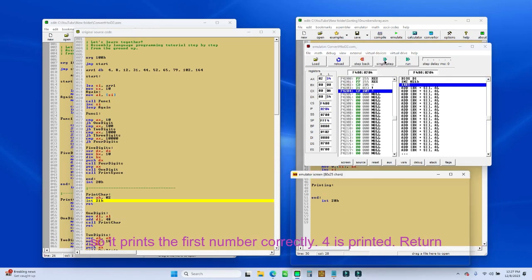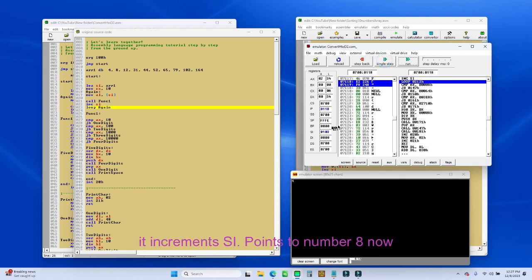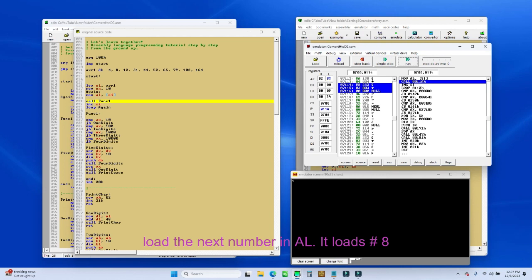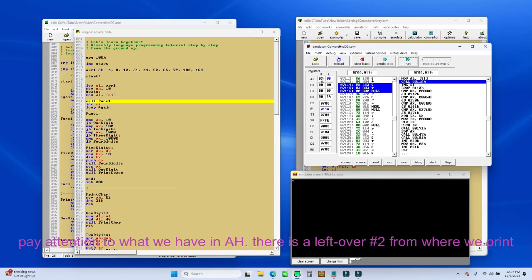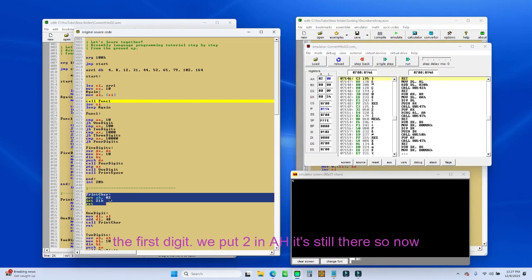So it prints the first number correctly, 4 is printed, return, it increments SI, points to number 8 now, correctly, and then loops back. Load the next number in AL, it loads number 8, but pay attention to what we have in AH, there's a leftover number 2 from where we printed the first digit. We put 2 in AH, it's still there, so now it's going to print